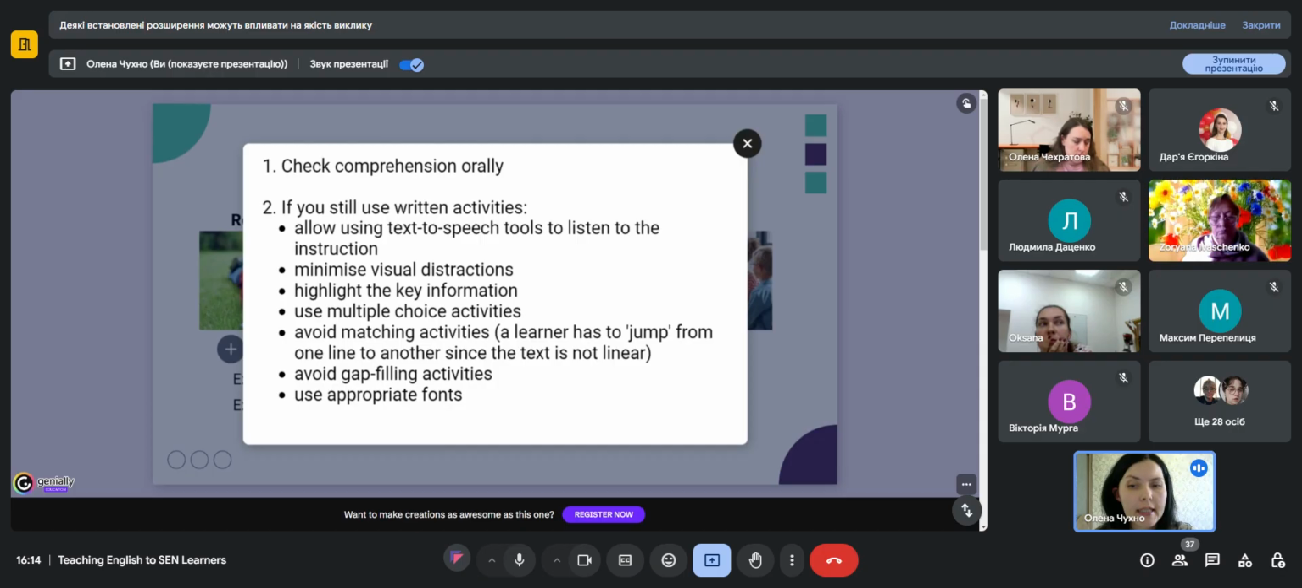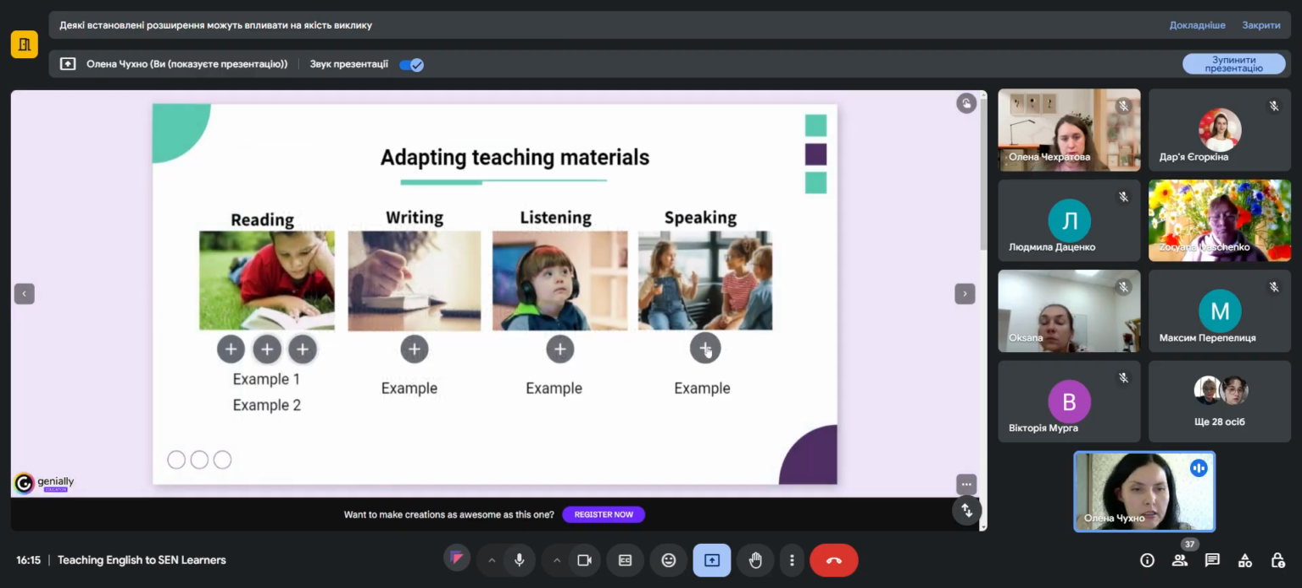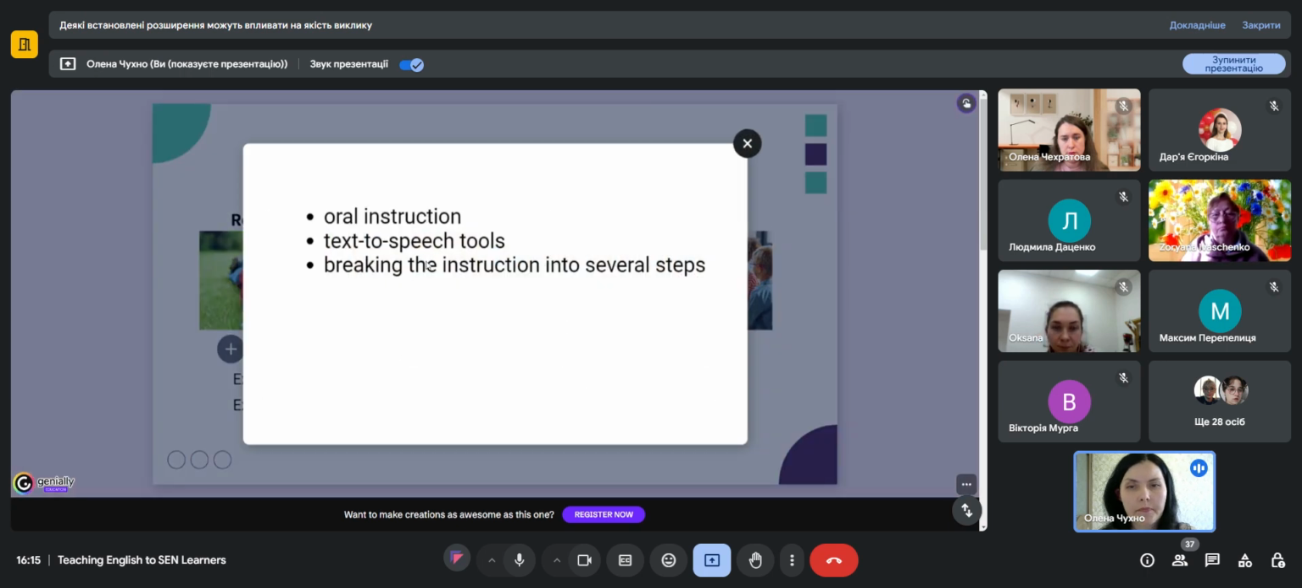We need to avoid gap-filling activities for them not to write. And again, we need to use appropriate fonts, sizes of letters. So we need to adapt the font. And finally, teaching speaking. Again, the main recommendation is to give instructions orally. You can also provide mainstream students with written instruction, it's not a problem, but if you have a dyslexic student in your class,